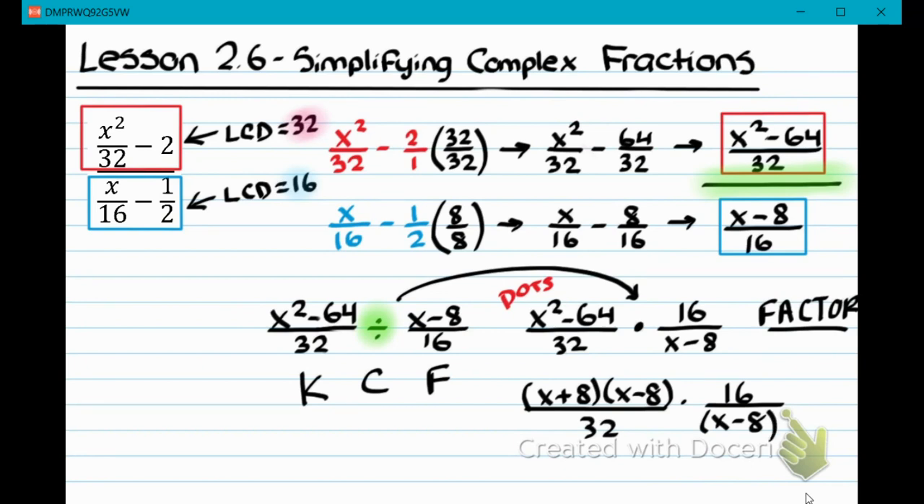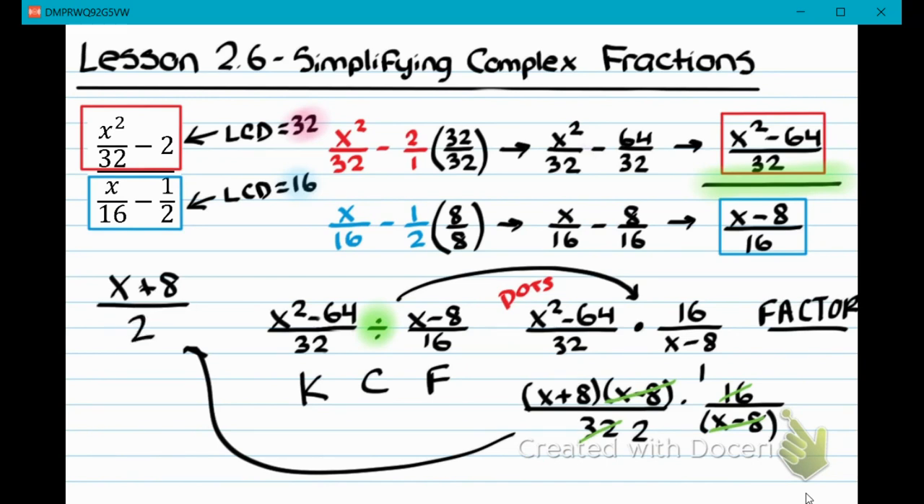So then you cancel. That's your last step. So you can cancel x minus 8 and x minus 8. And you can also reduce the 16 and the 32. 16 over 32 reduces to 1/2. And then what would your final answer be? What are you left with in the numerator and the denominator? Hopefully you said x plus 8